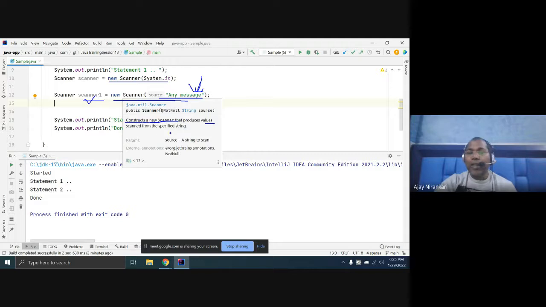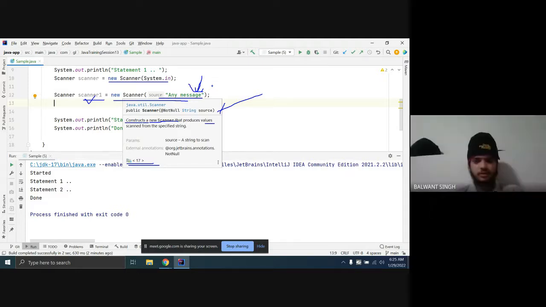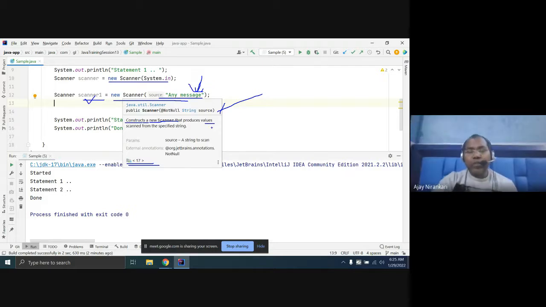Might be in your compiler this code does not work because these features were added in Java 17. Might be you tried and the compiler gives you an error, right? Have you tried this? Yes, sir, it gives an error. Yes, so version by version Java does some enhancement.